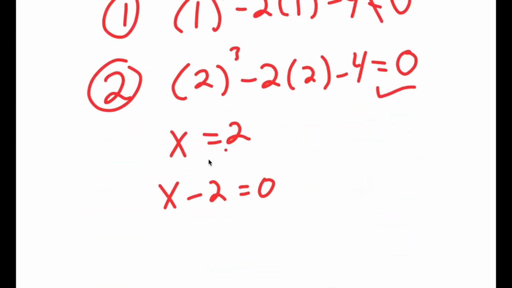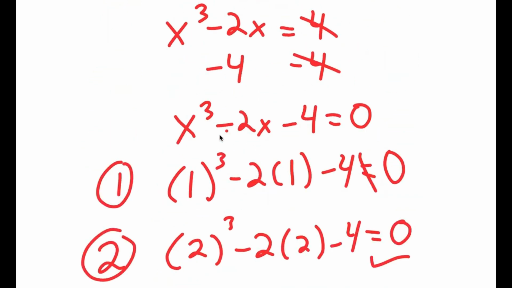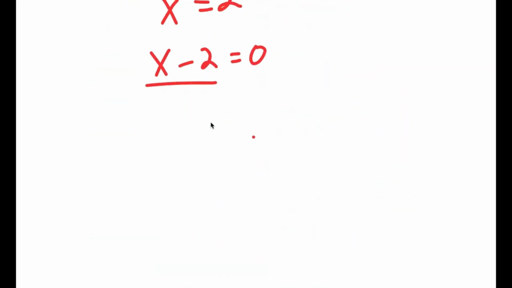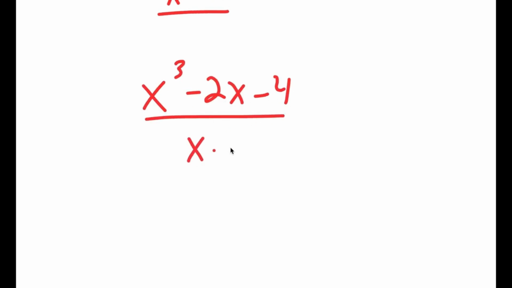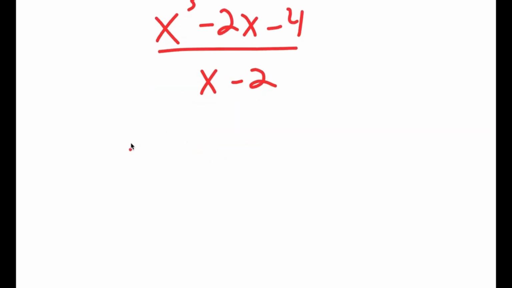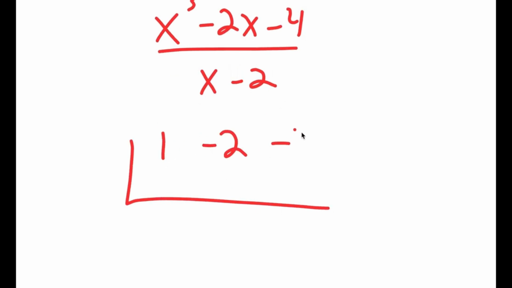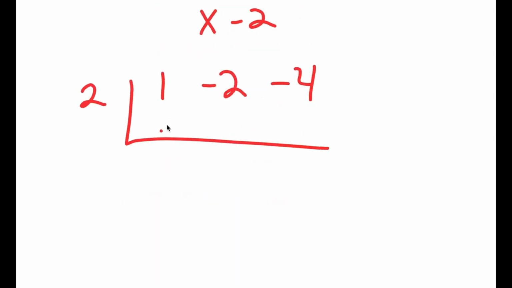So now what we're going to do is divide x to the power of 3 minus 2x minus 4 by x minus 2. So I get x to the power of 3 minus 2x minus 4 over x minus 2. And to solve this, we're going to have to use synthetic division, and if you guys don't know what that is, I would recommend watching a YouTube video on it. So our coefficients of our numerator are 1, negative 2, and negative 4, and then we have a 2 over here. I'm going to bring down 1. 2 times 1 is 2. Negative 2 plus 2 is 0. 2 times 0